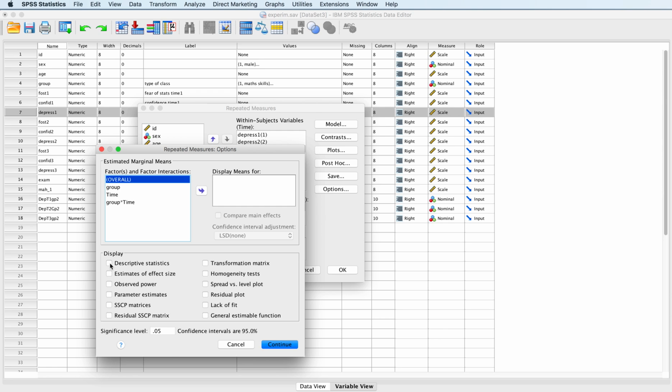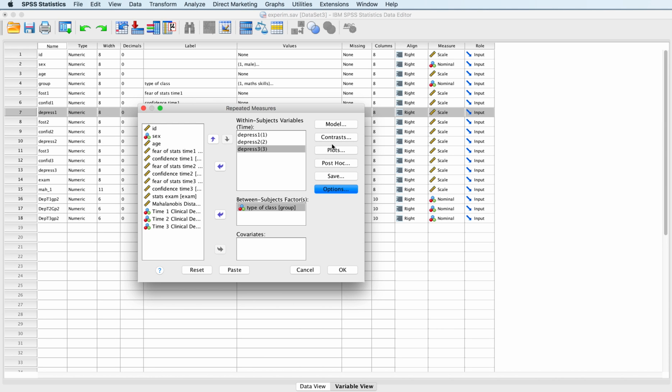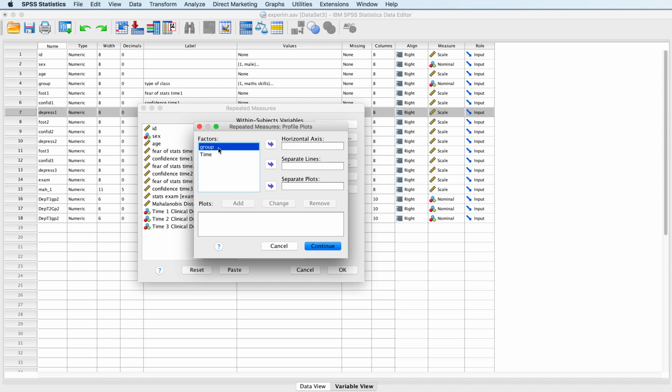Okay. Now we go under options, and this is going to give us some choices here, and the most common ones that folks will choose is descriptives, estimates of effect size, and homogeneity tests. And we'll click continue. And then we're going to do plots, and we're going to put the groups in, these are what we're going to be following in the plots. So we'll put those as separate lines. And then we're going to have time on the horizontal axis. Okay. So then we click add,